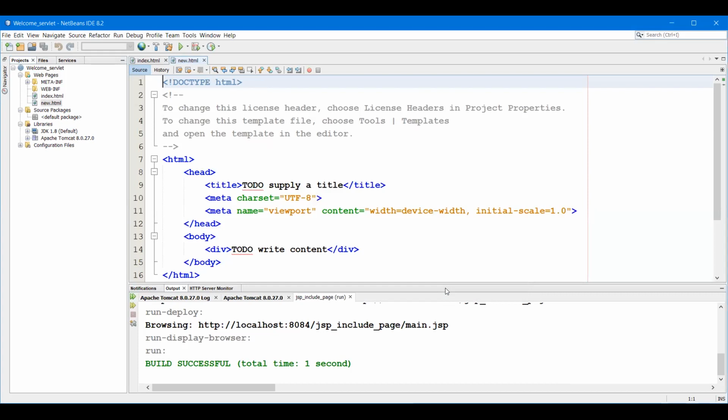Now I would like to create one servlet program. The name of the servlet program I'm going to create is welcome servlet.